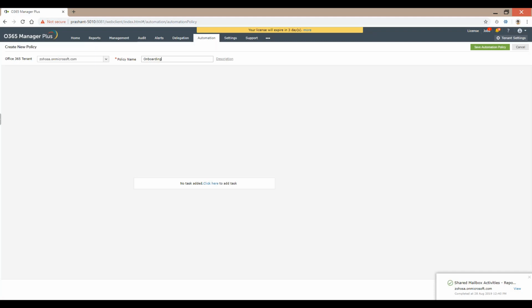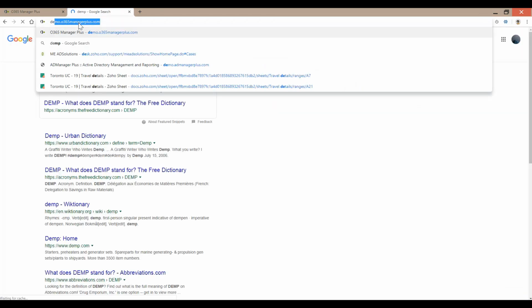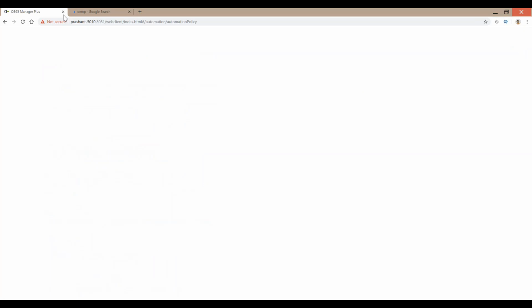Let me say onboarding, okay, and I call it test. All right, I'm saying click here, start off with the tasks that I want to proceed. So I'm saying user creation. So if I were to do an exclusive automation just for Office 365, I could head to this module and say user creation with licenses, and then select the license module that I have and then start off doing it. So I would be able to very much say which license needs to be assigned, what's the location, and go forward. So in my test instance, I don't seem to have an active license. So I'm going to quickly get to my demo instance once more and go forward.